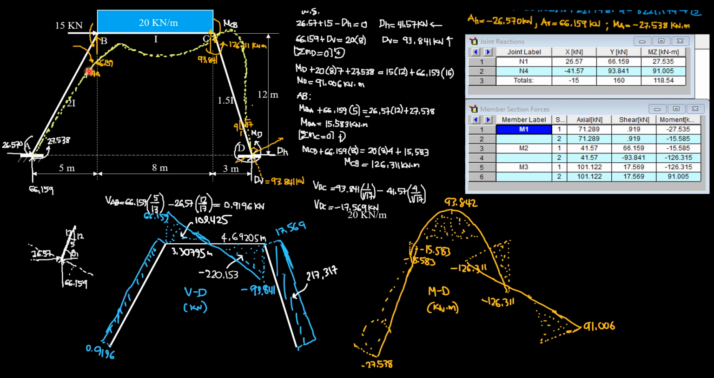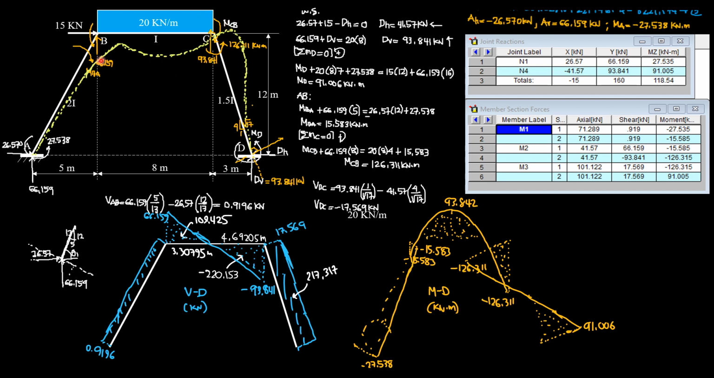Then considering BC, this is the direction of MCB, clockwise as assumed here. And let's transmit MBA, which is now counterclockwise, and it is 15.583. So for MCB, summation of moment at C equals 0. Considering this BC here,